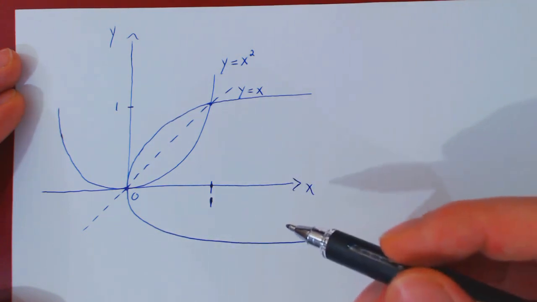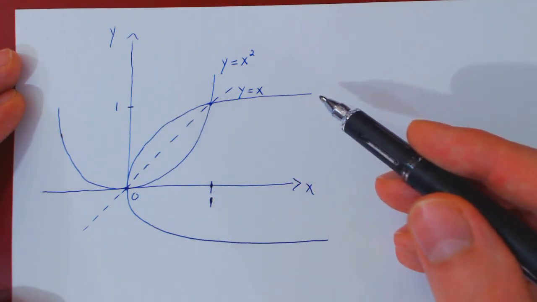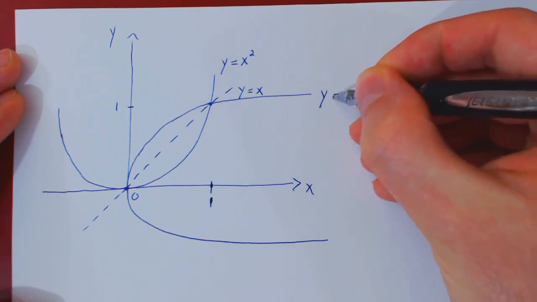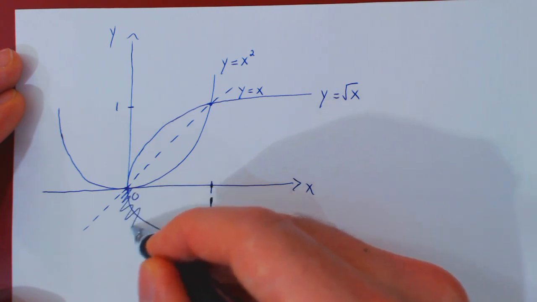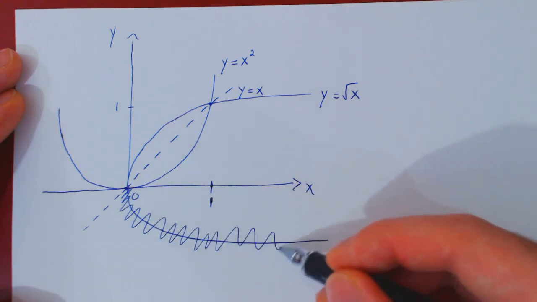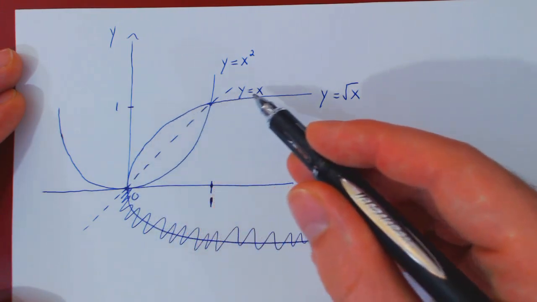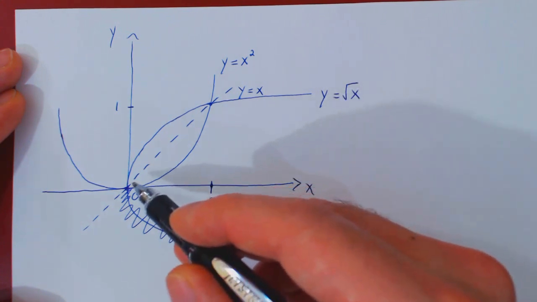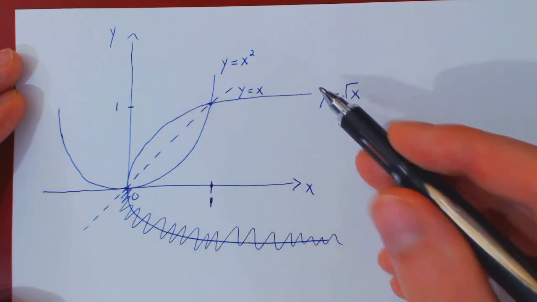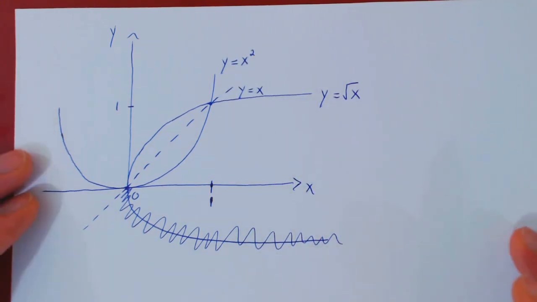So what we do is quite simply we make a choice. We choose the positive branch of the square root function. So we call this the square root function, and we ignore the other branch, the negative branch of the square root. So if we only keep the positive part of our curve, then we get a properly defined function. And now we have the graph of the square root of x function being the inverse function of the square function. So if we put them side by side,